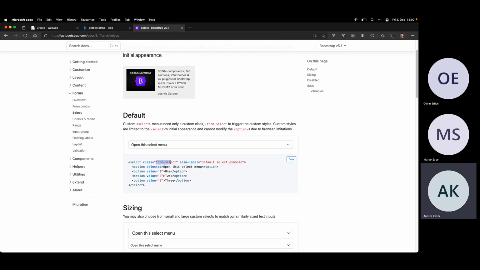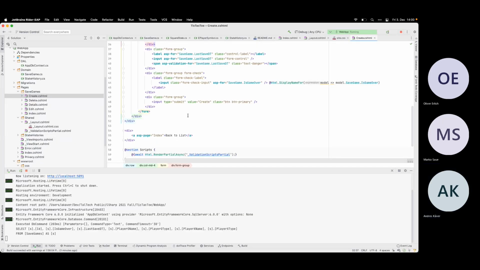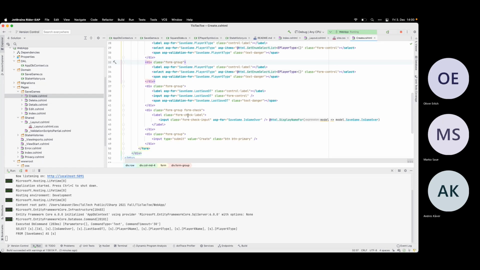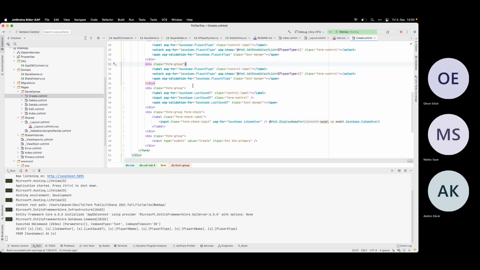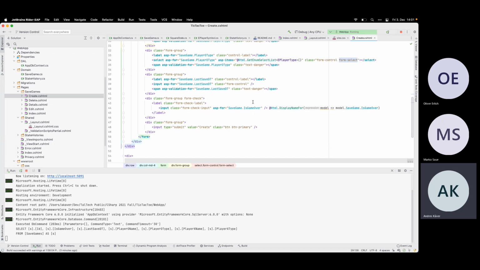So select has to have this class form select. That one first. Yep, that one is form select. Form select.